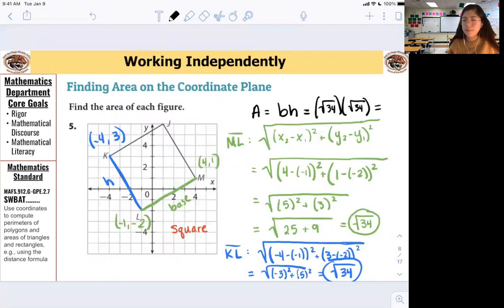Like if I do 4 times 4 or 6 times 6, what am I doing? Careful, square root is the radical. But when you multiply something by itself, you're going to the second